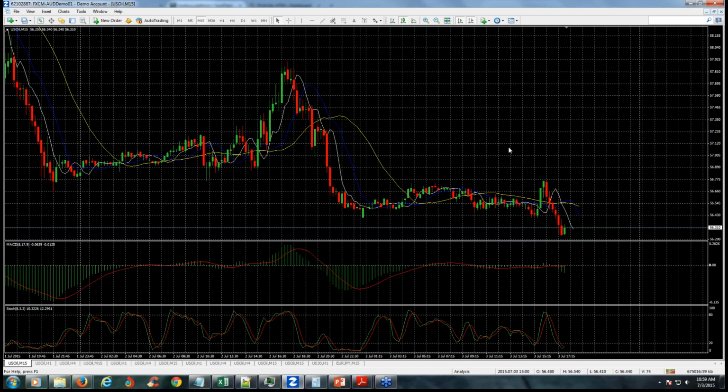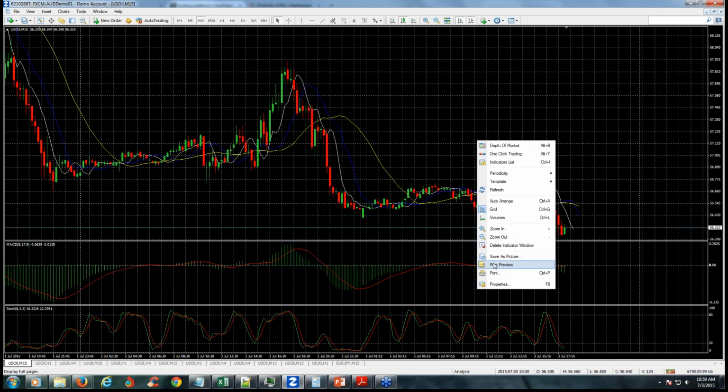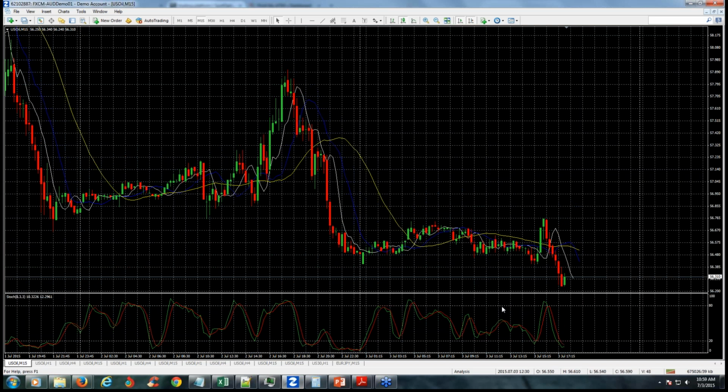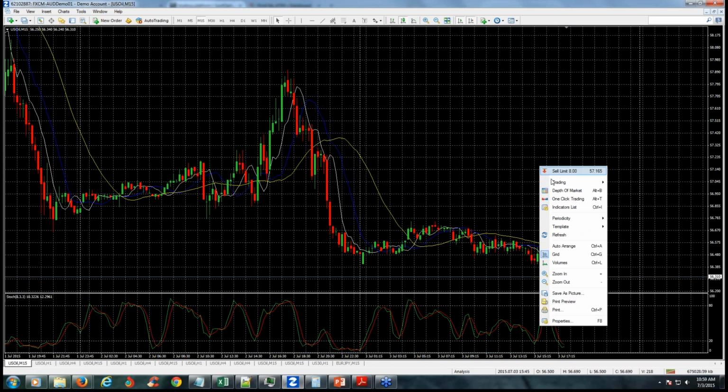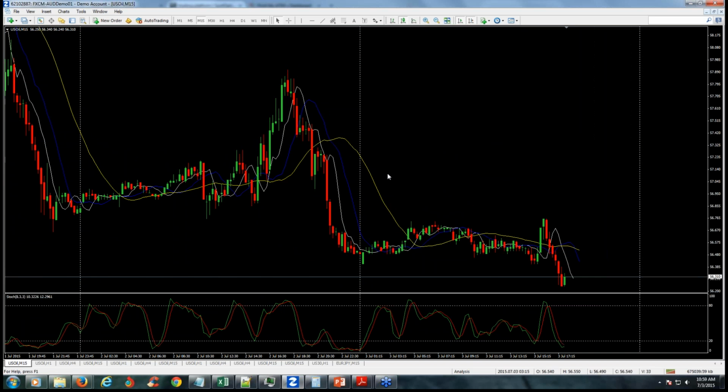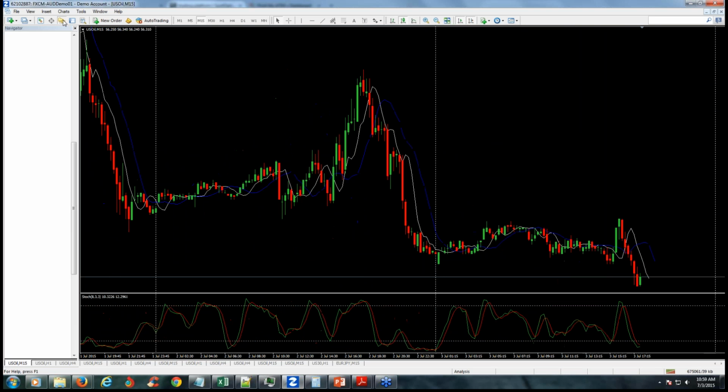This is normally a Monopoly chart. If you come to your MT4, I delete this window. If you want to keep stochastics, that's pretty cool from here. Let's see, I take off my grid, and then I have my yellow moving average. I don't trade off of that. I delete that, and let's see, I probably come over,